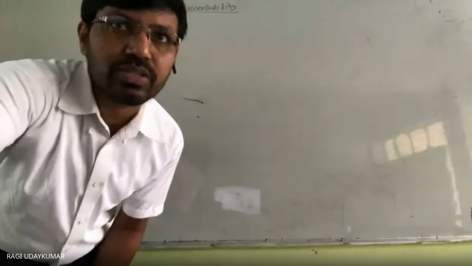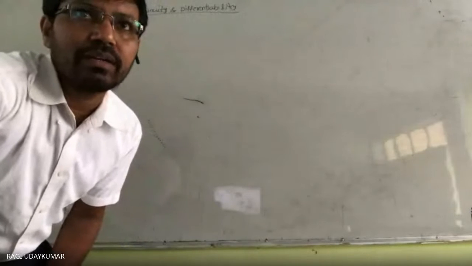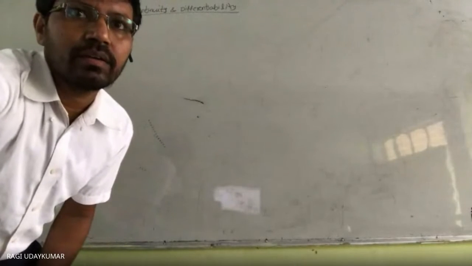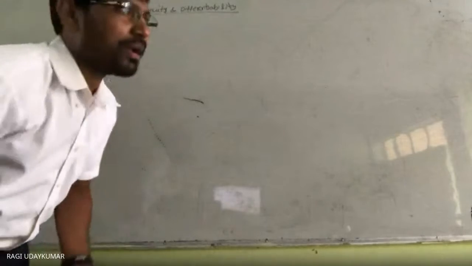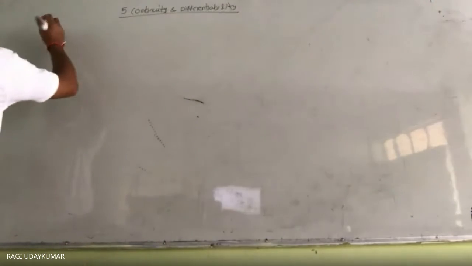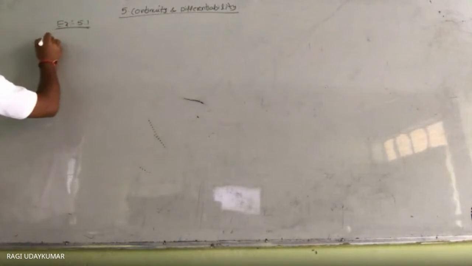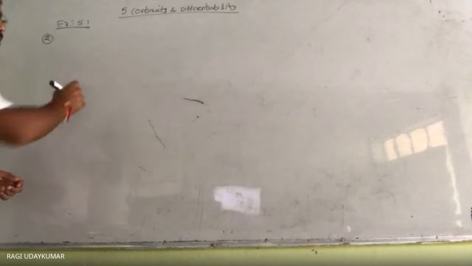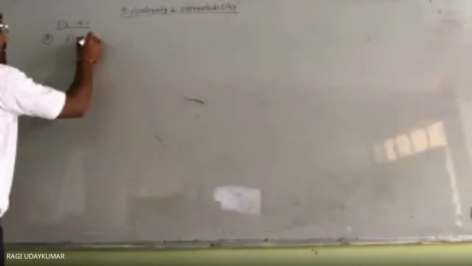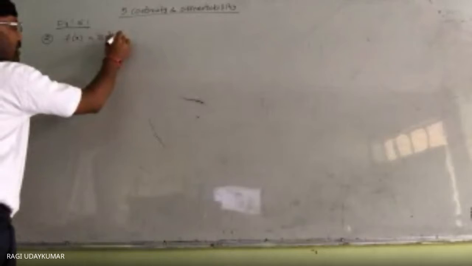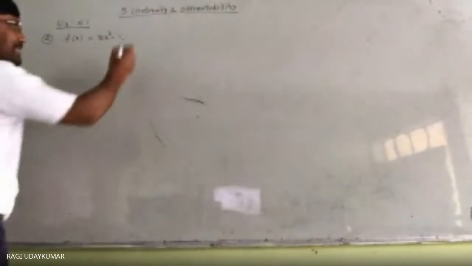Now let us start exercise 5.1. In this exercise, the first problem is very simple. Let us move to the second problem. It may be a little bit difficult, so let us discuss this question. Examine the continuity of the function f of x equals 2x square minus 1 at x equals